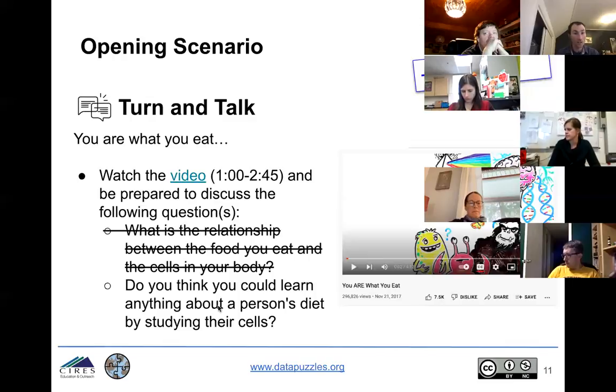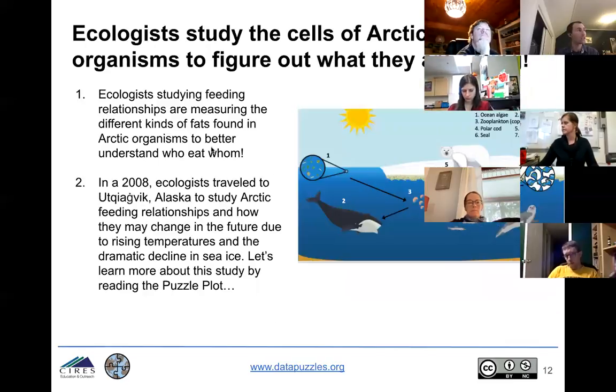And do you think you could learn anything about a person's diet from studying their cells? And this is really a critical question, because what we're trying to focus on here is ecologists in the Arctic are studying the cells of organisms to try to figure out what they're eating. So the idea here is we can connect to what students are eating, and that phrase, you are what you eat, we can bring that with us to the Arctic,